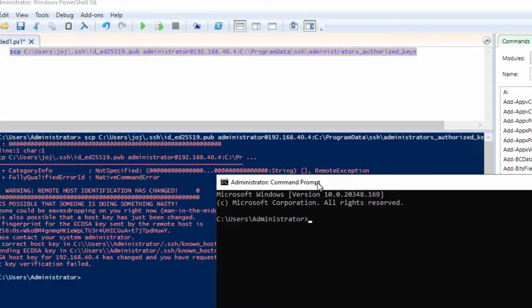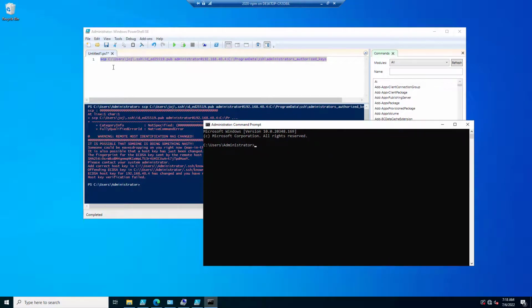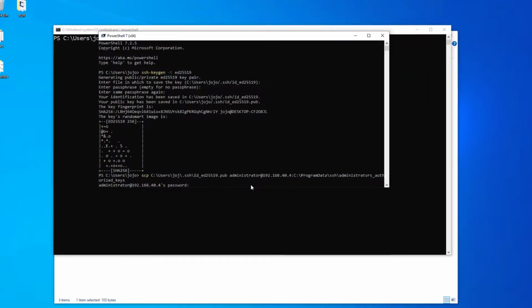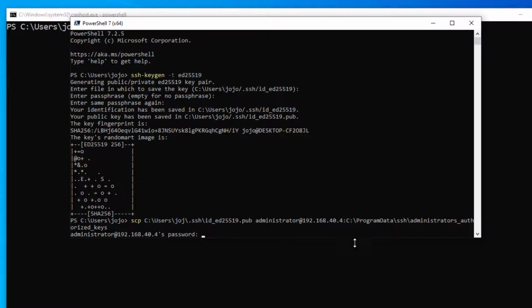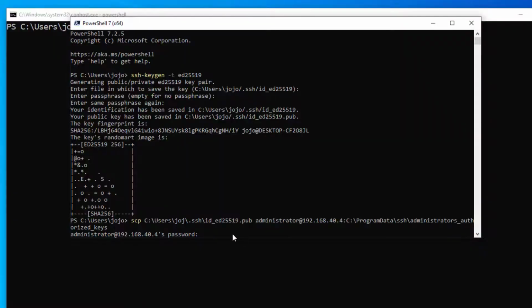So I think it's complaining because I haven't connected yet with the administrator account, so it's barking about the host identification. Actually, I was running the command from the server, so that was a mistake. This command needs to be run on your client, not from the server. So now that I'm on the client,